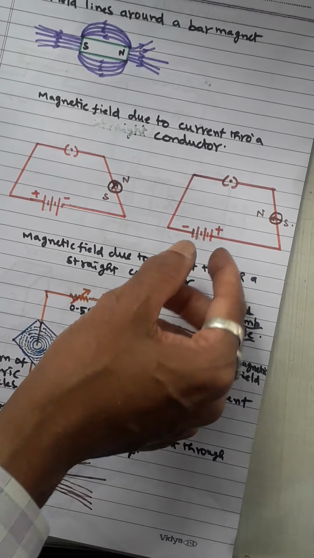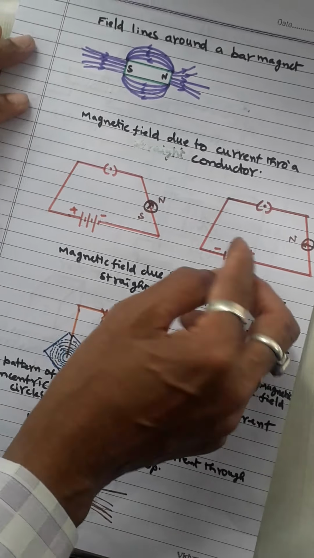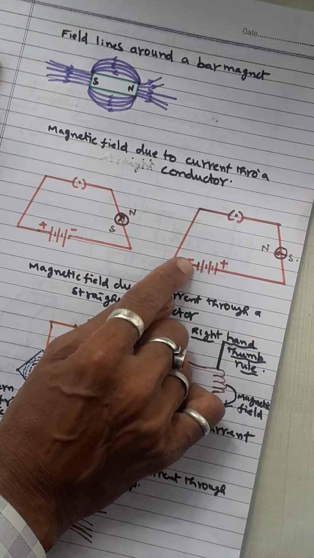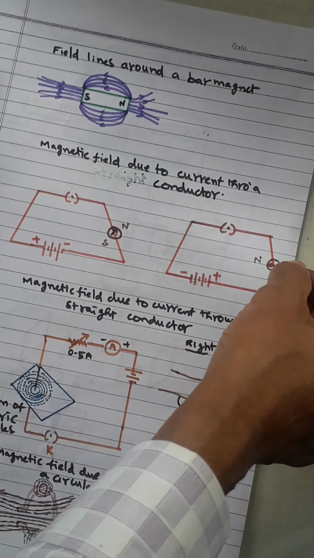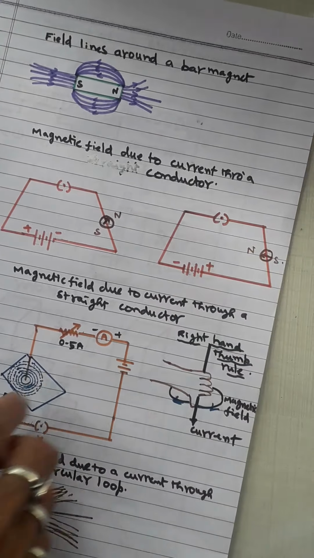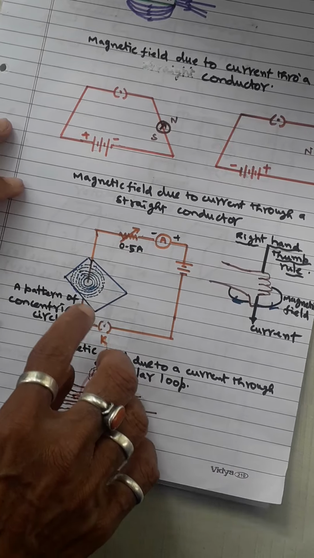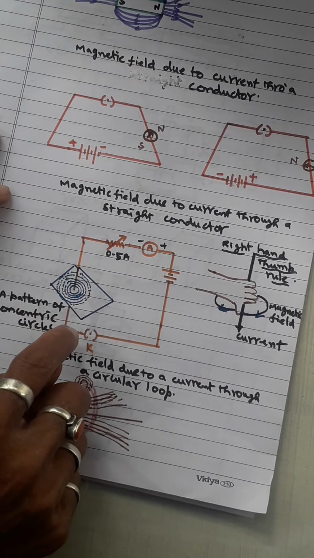But if you reverse that same current, how can we reverse it? By changing the polarity here. If you take positive here and negative here, the current starts to flow in the opposite direction. Now it starts to deflect in the anti-clockwise direction. Okay, next let us see how magnetic field lines are produced in the case of a straight electrical